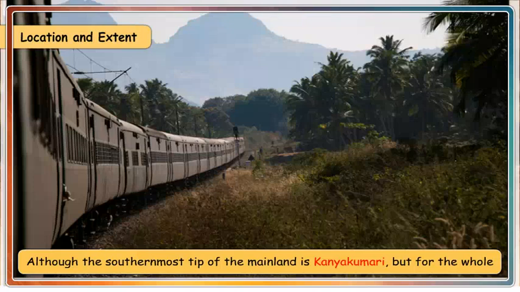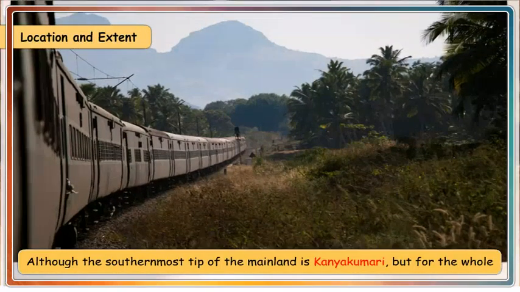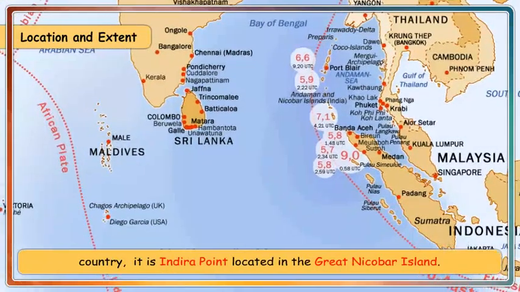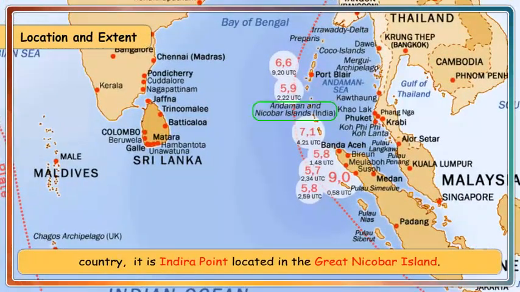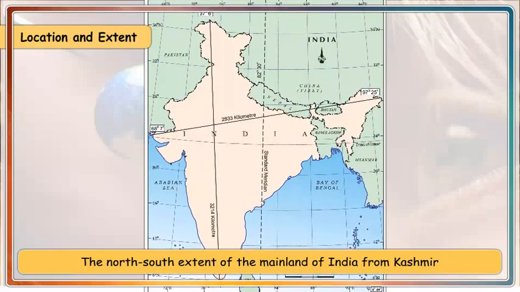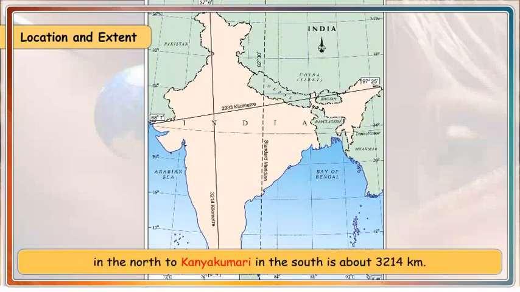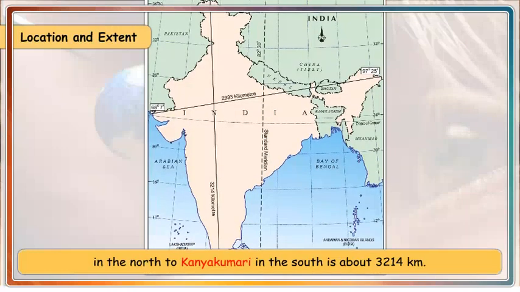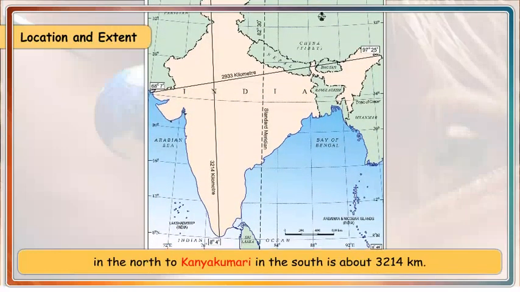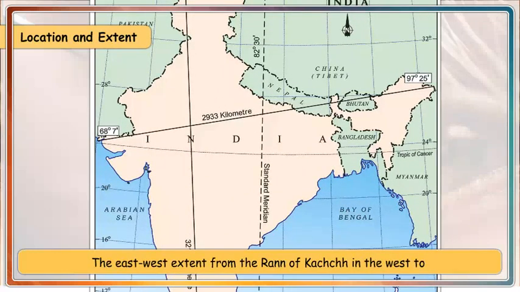Although the southernmost tip of the mainland is Kanyakumari, for the whole country, it is Indira Point located in the Great Nicobar Island. The north-south extent of the mainland of India from Kashmir in the north to Kanyakumari in the south is about 3,214 km. The east-west extent from the Rann of Kutch in the west to Arunachal Pradesh in the east is